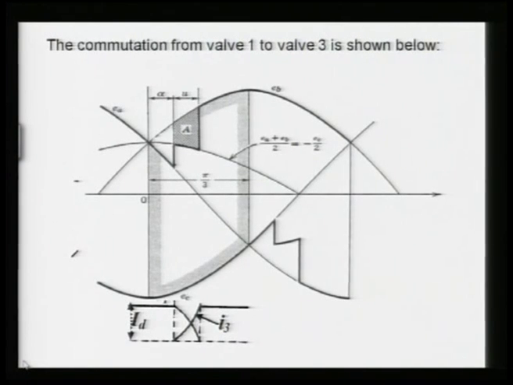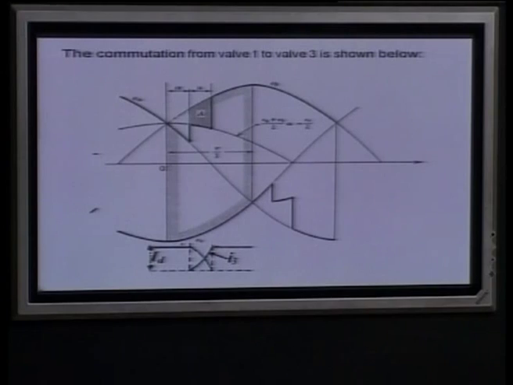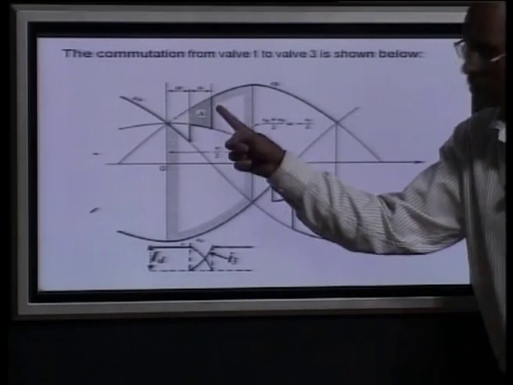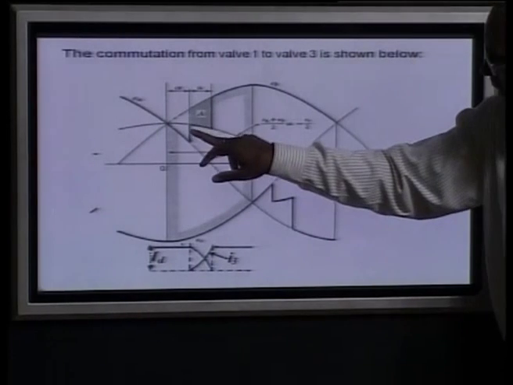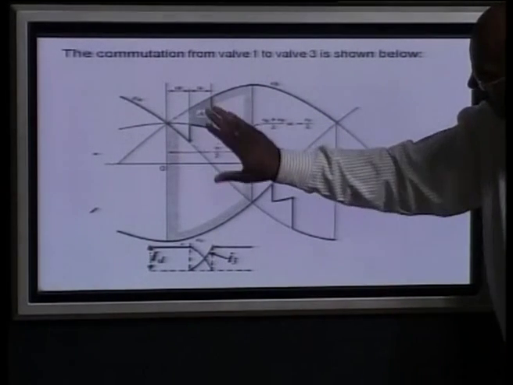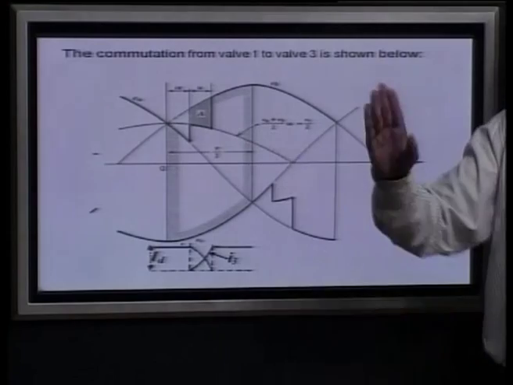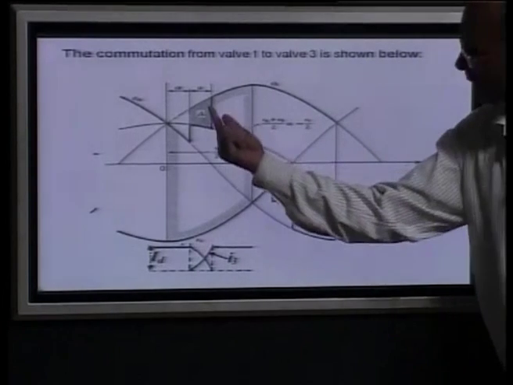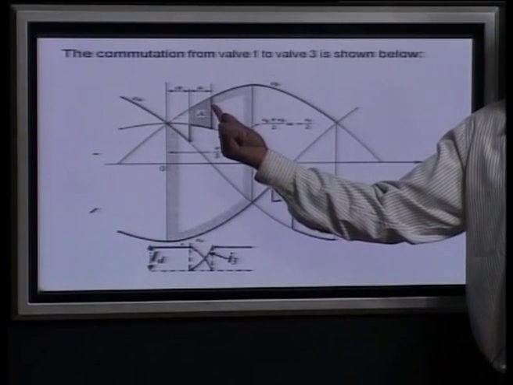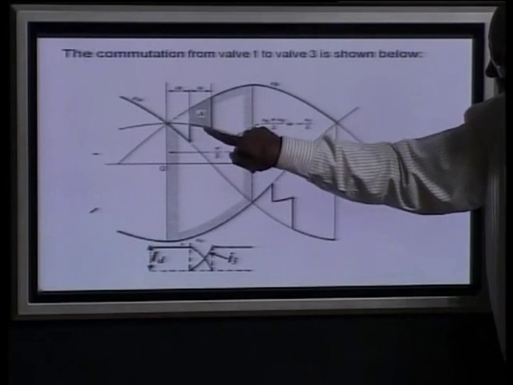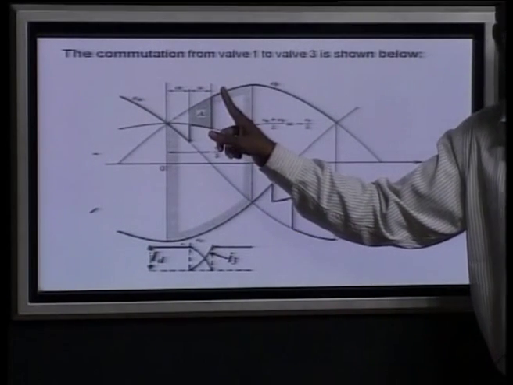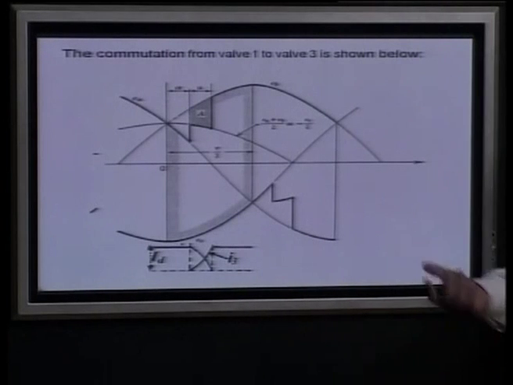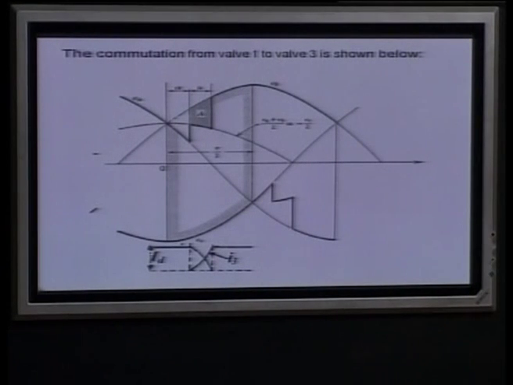But you see this graph. What we can do is, in this complete 60 degree period, this area is missing. Already from here to here we had without this overlap the 2 valve conduction very well, and then this area can be subtracted. This area is this minus this from this period, and this is simply alpha plus u, and then you can subtract it and get again the DC voltage, and we will see that in the next class.